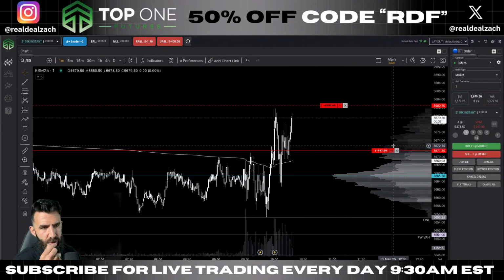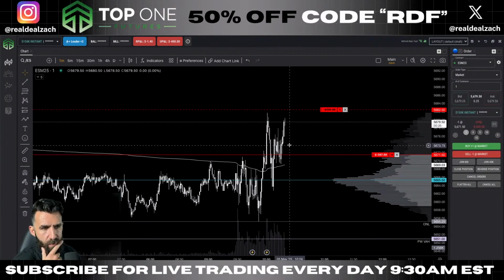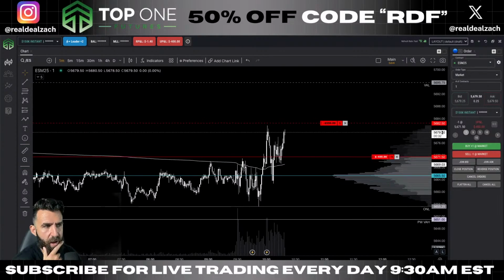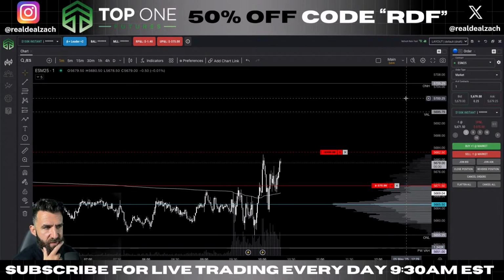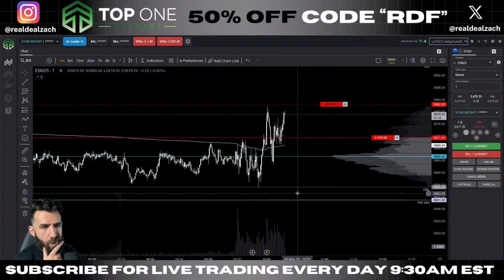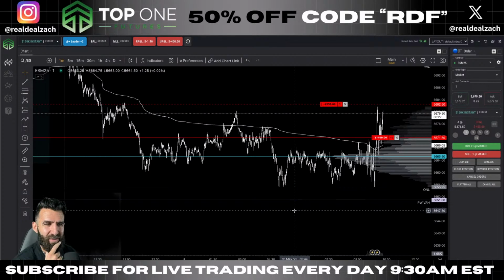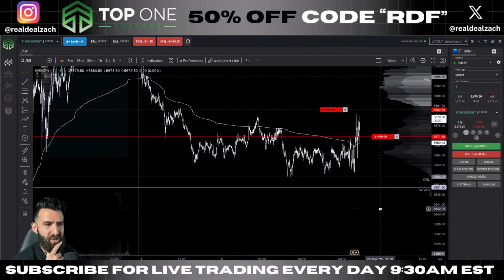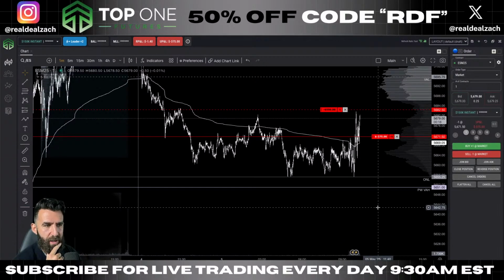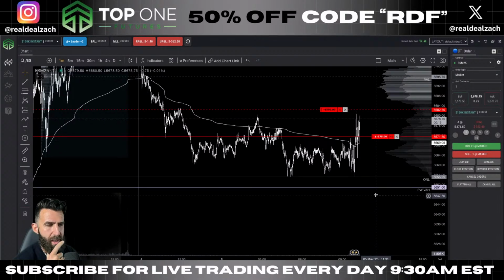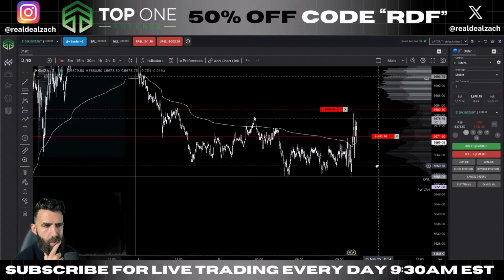I don't know that I would trust this long. Just the rejection from here could be the slow grind to the upside, up towards this 5,700 level. I think that's what we could see. No test of these 5650s doesn't give me a lot of confidence on the higher time frame perspective. But we would be holding some bullish structure. I don't know that I would trust that one.